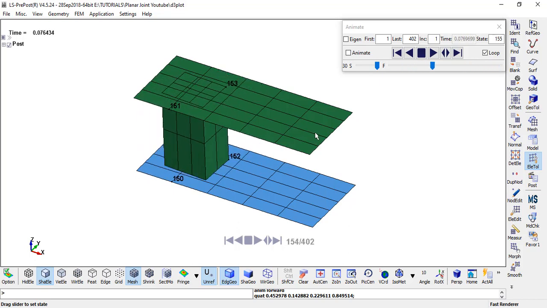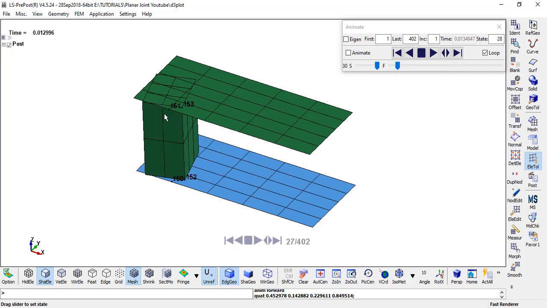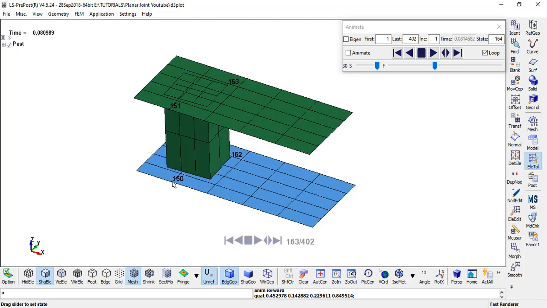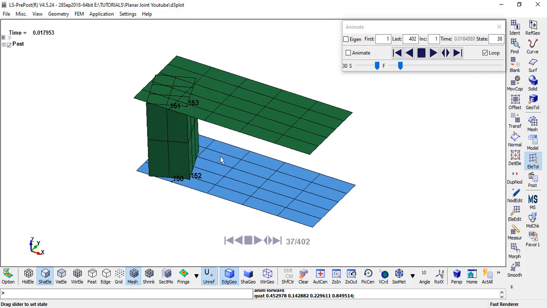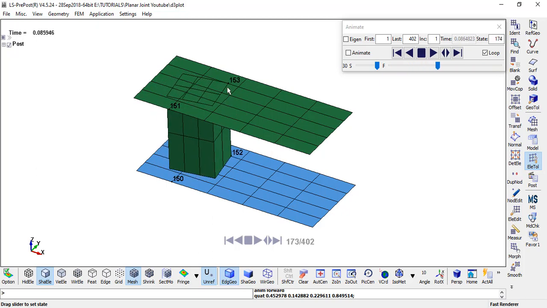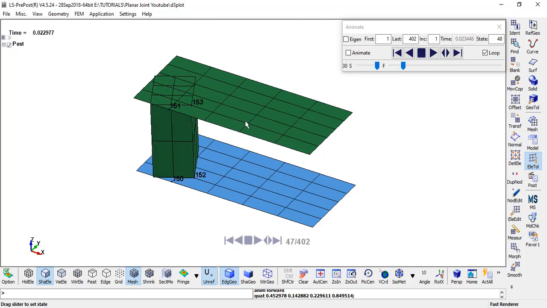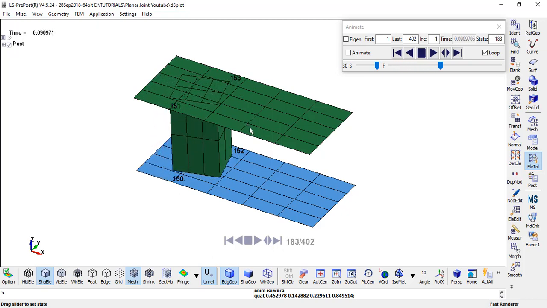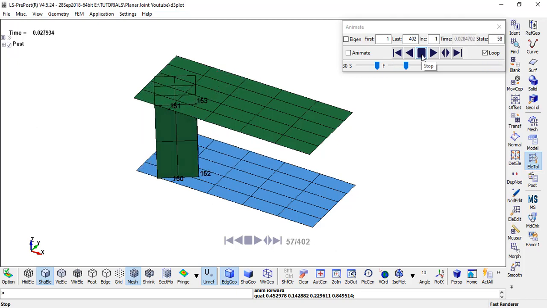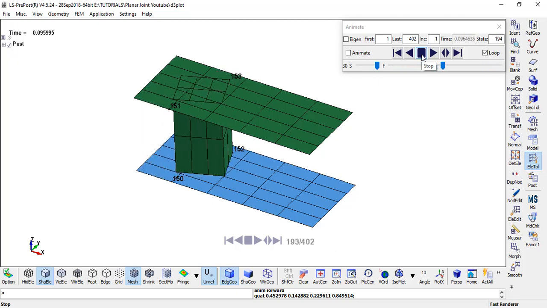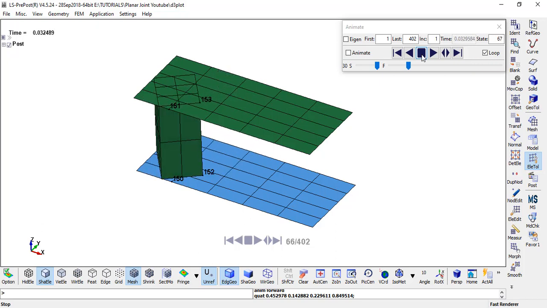This is how the nodes of the rigid body are fixed, and the nodes of the sliding body are moving whenever the sliding body makes a translation and rotation. In this way, we can perform a planar joint in LS-DYNA using the constrained node sets.